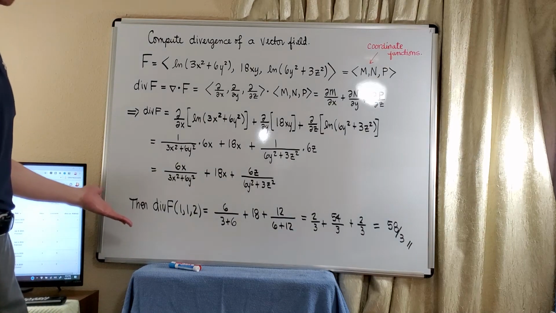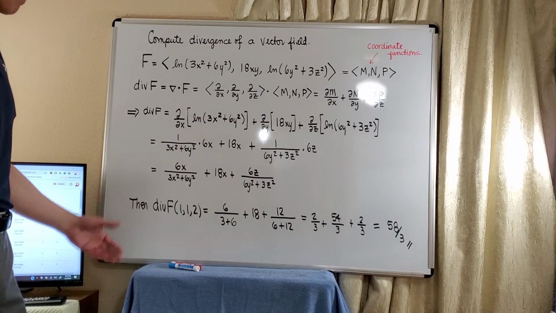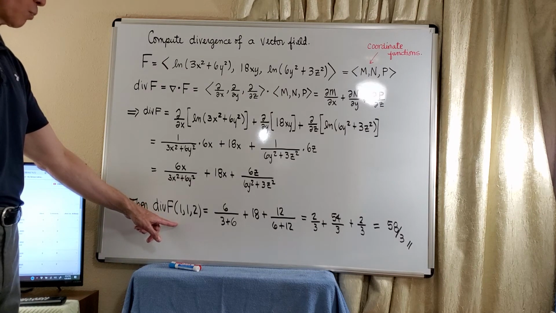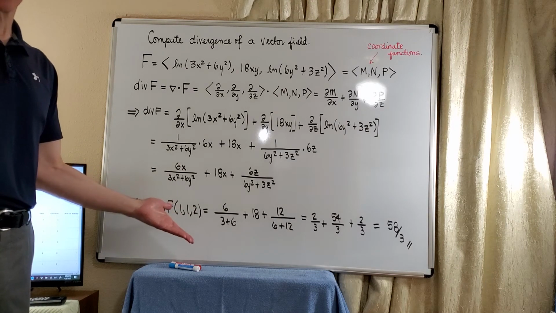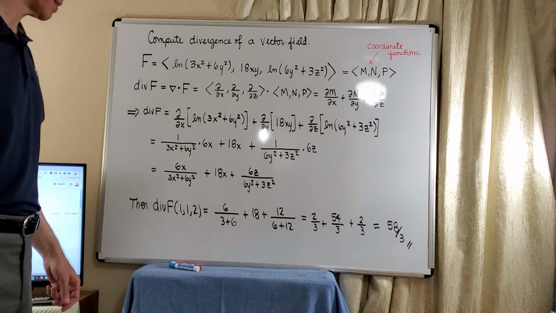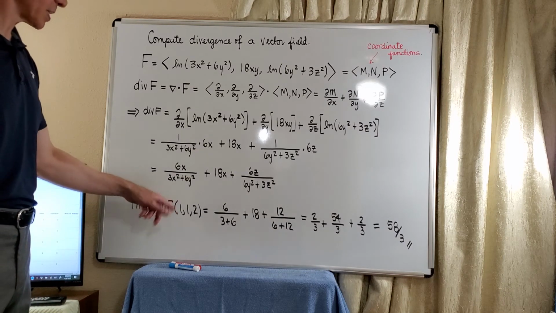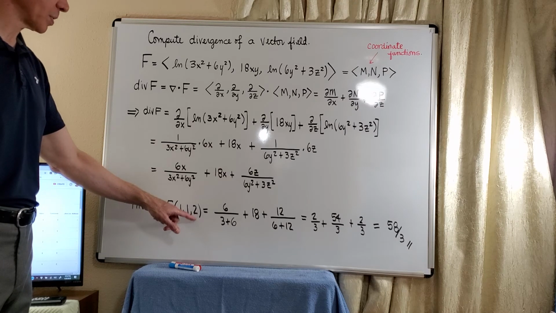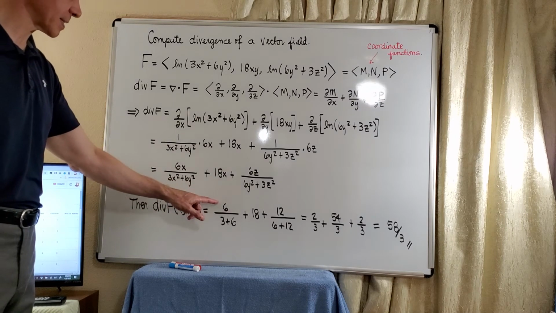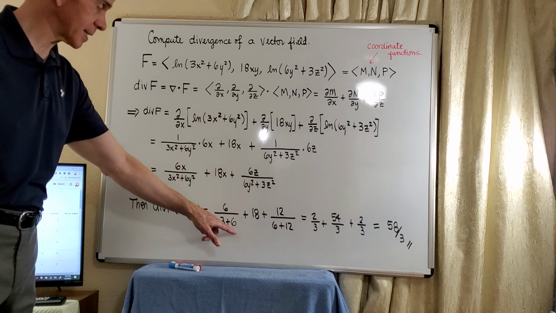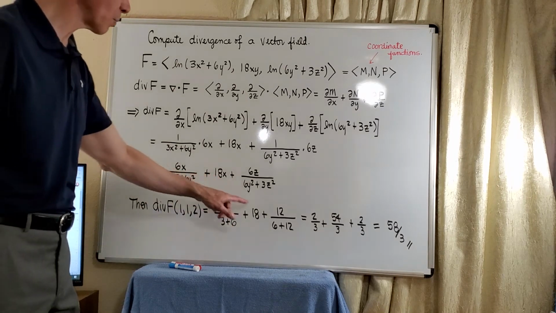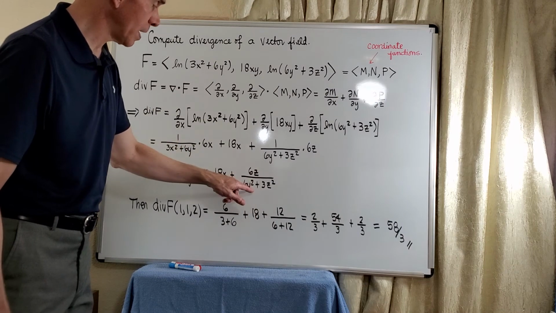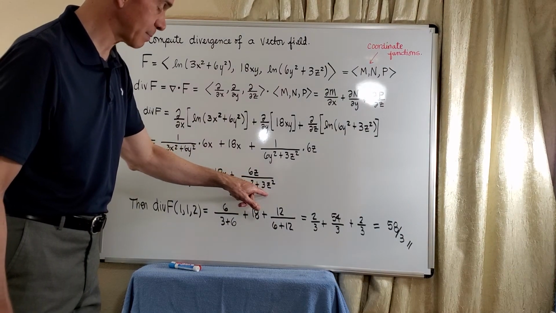Now, of course, you can always evaluate these at points in the domain. If we computed the divergence at (1, 1, 2), which as an engineer or physicist you would be interested in doing, we simply replace x with 1, y with 1, and z with 2. As you look here, this will give us a 6, a 3, plus a 6 downstairs. Here we get an 18. And here we get a 6 times 2, 12, of course a 6, and then a 3 times a 4,